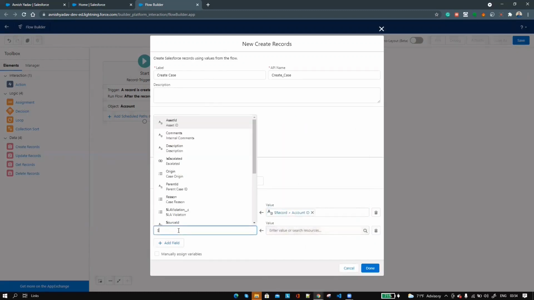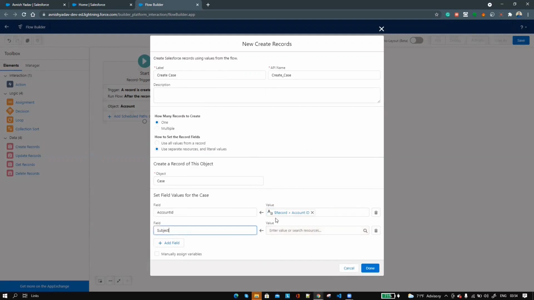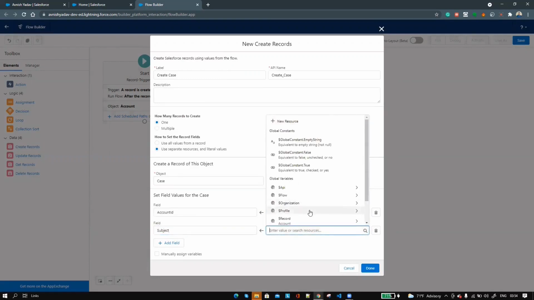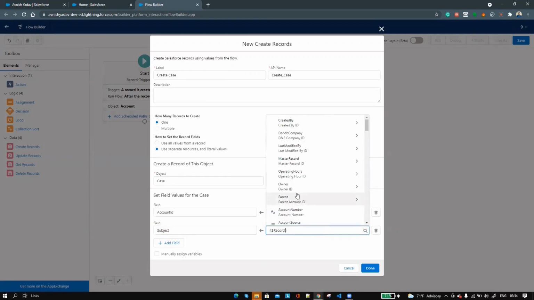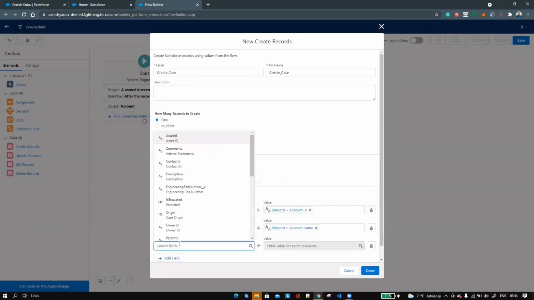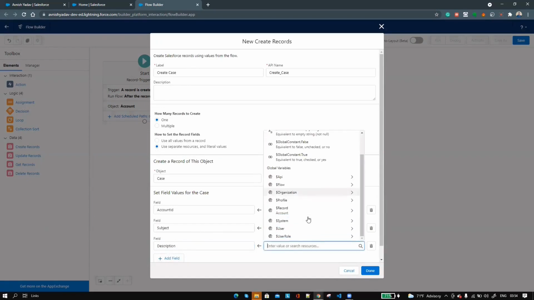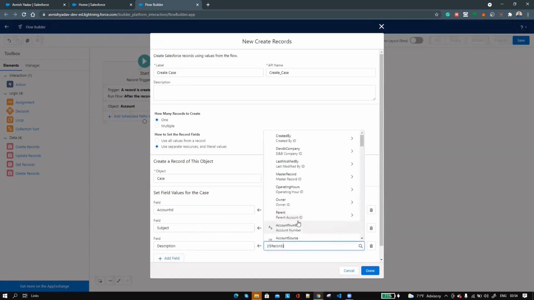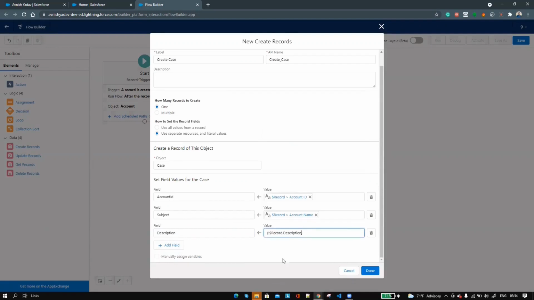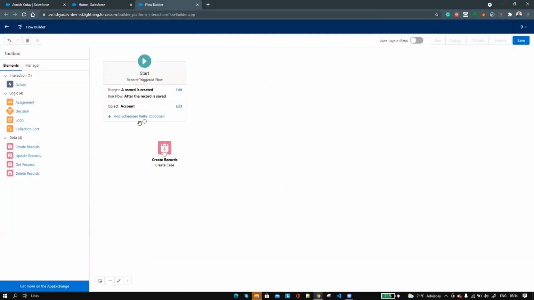Let's choose the case Subject, and in that we will provide the account name. Let's choose another field, Description, and in that we will choose the account's description. Let's click on done.